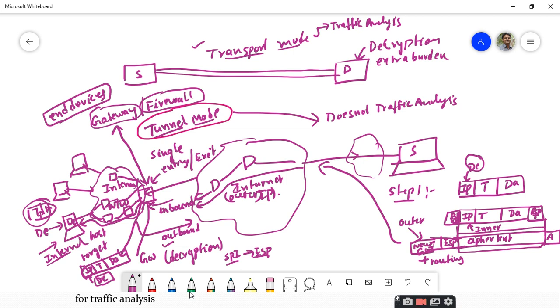And the second thing is, you are going to secure the entire IP packet by making use of the tunnel mode. So, you have to add extra IP headers inside this tunnel mode, but there is no need for the extra IP headers in the transport mode. No extra IP headers.